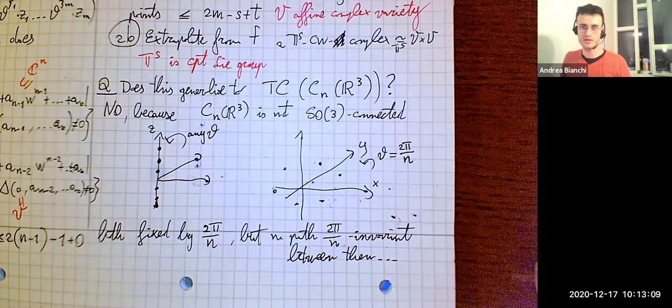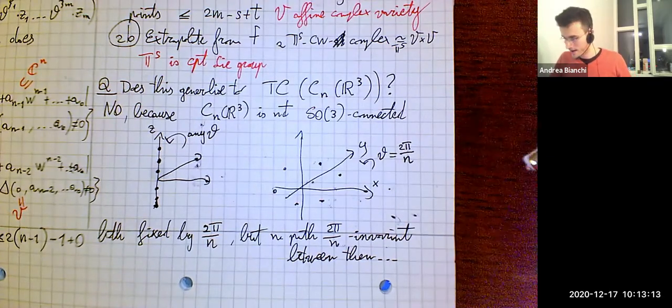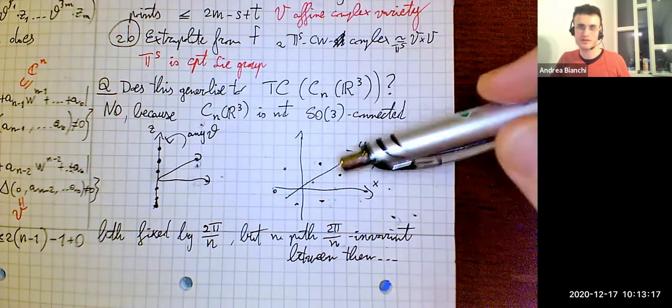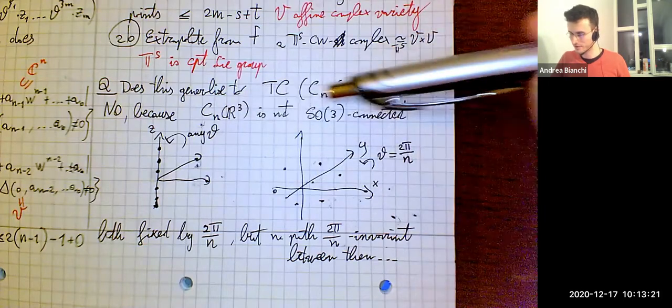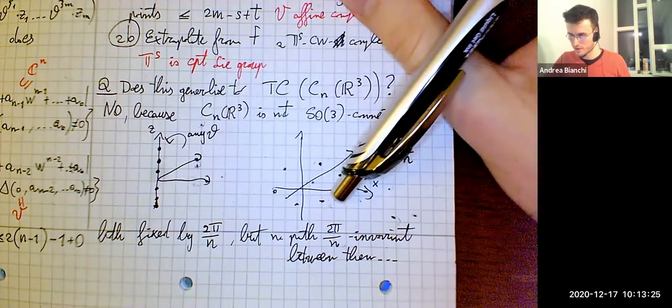Okay, so this is the picture, and it would be nice to overcome this problem, and anyway to recycle the rest of the argument also in a higher dimension, but so far